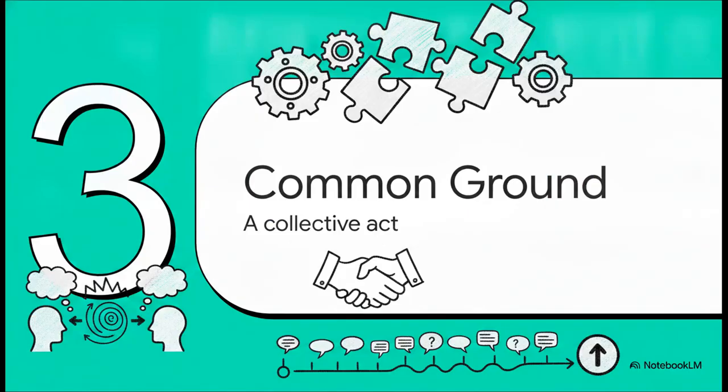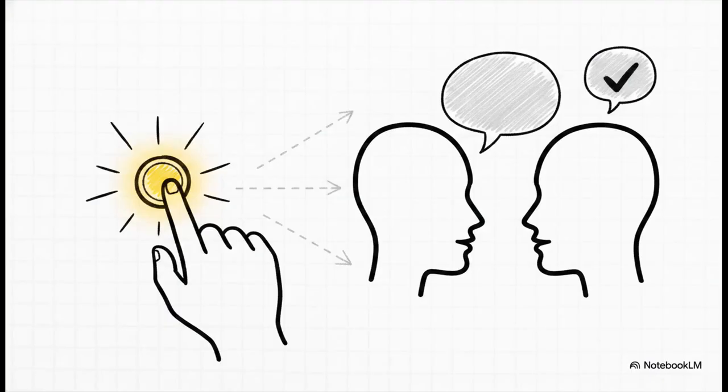Moving on to Section 3, establishing common ground. Because conversation is definitely a team sport. Conversation isn't just throwing speech acts at each other. It's a deeply collective act. Think about an elevator button for a second. Why does it light up when you press it? It lights up to acknowledge it got your command. It grounds your action. Well, humans do the exact same thing. Both the speaker and the hearer have to constantly prove they understand each other. Otherwise, the whole conversation just falls apart.